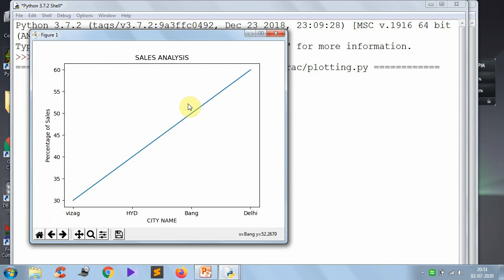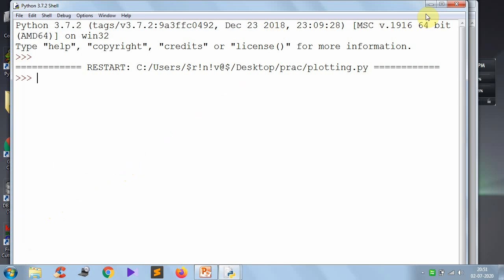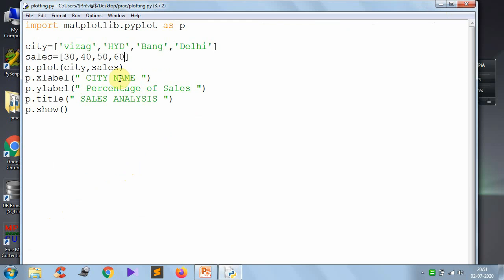So for that what you have to do is mark those cells. You have to mark this pixel, where the Hyderabad sales is exactly located. For that, in the plot function you can add some more parameters for making your charts more understandable. Here one option is there, marker. The parameter name is marker, equal to, and I am using O.